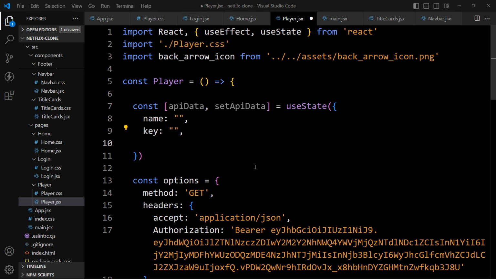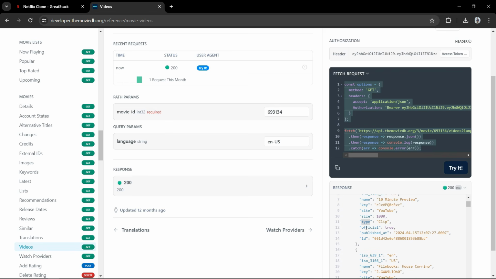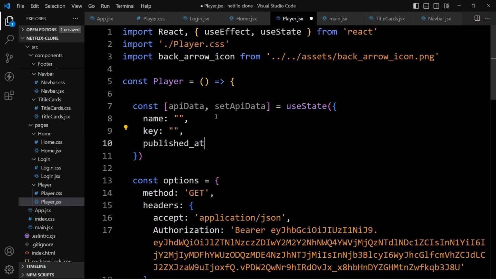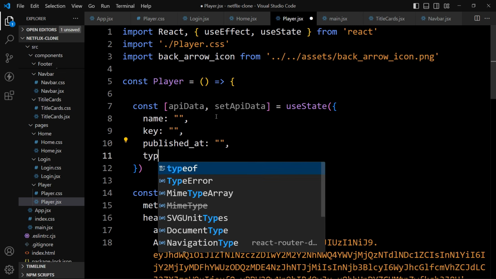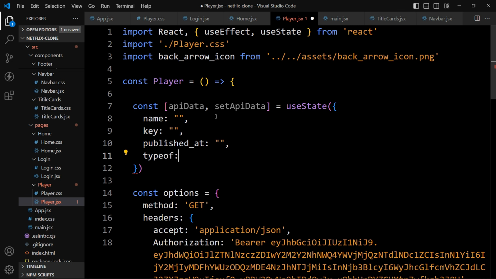Let's open this data. You can see here we have the publishedAt. Let's add the same thing. Then we need the type. That's it. So we have initialized this apiData.